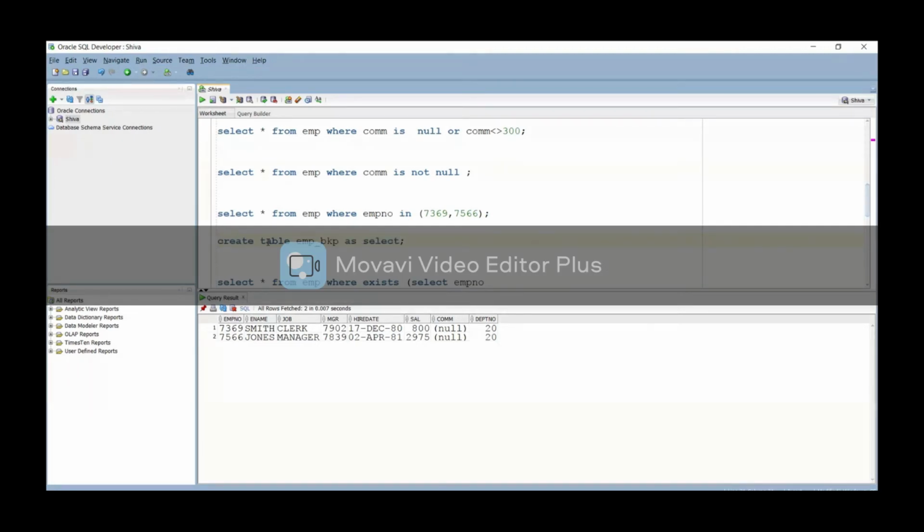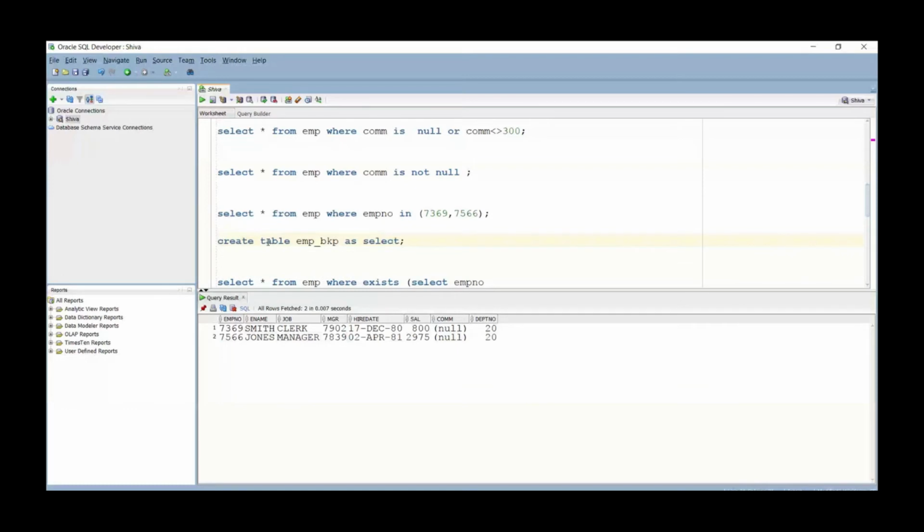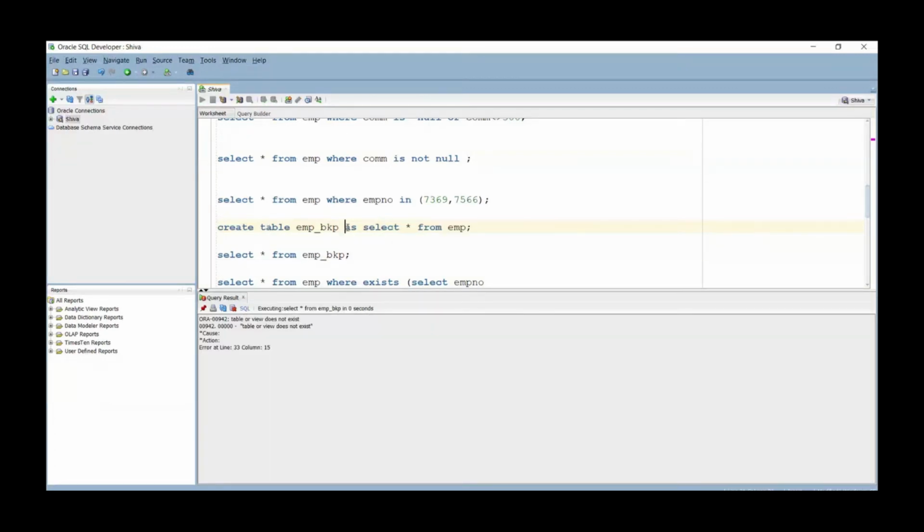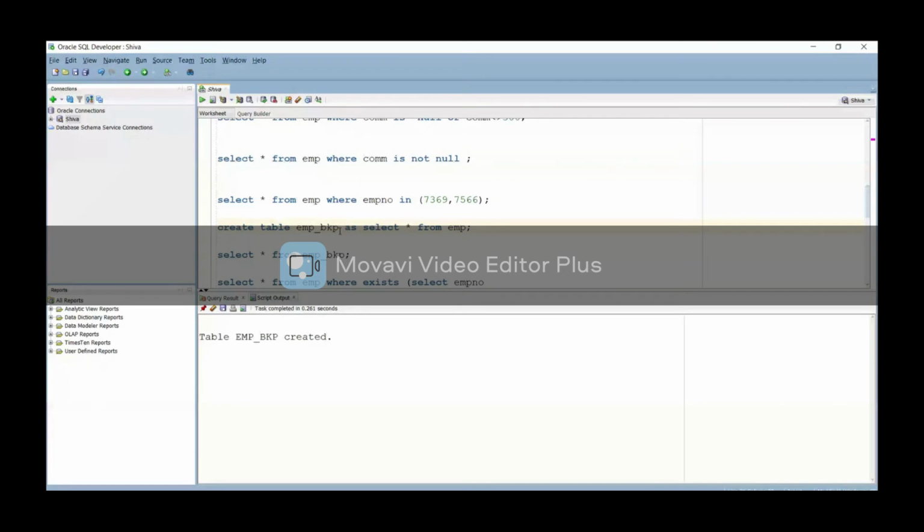If we want to see whether the table is present or not, see, now the table is created and data is copied into this table. Got it? How to copy the data from one table to another table?